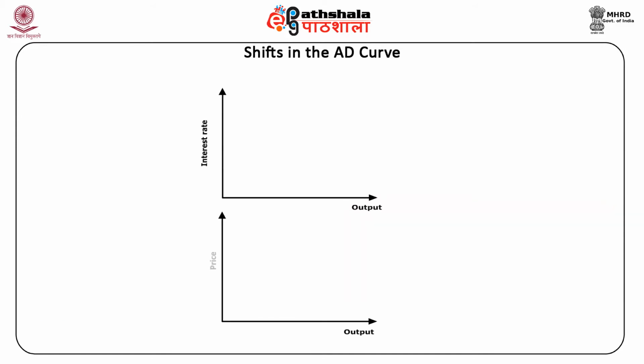We will now discuss some of the factors that bring about a shift in the AD curve. Once again, you should be able to grasp these concepts very clearly based on your previous understanding of the ISLM model. Suppose there is a change in nominal money supply, holding all other factors including the price level constant. Let us see first how this affects output and interest rate in the ISLM framework, and then we shall see its effects on the AD curve.